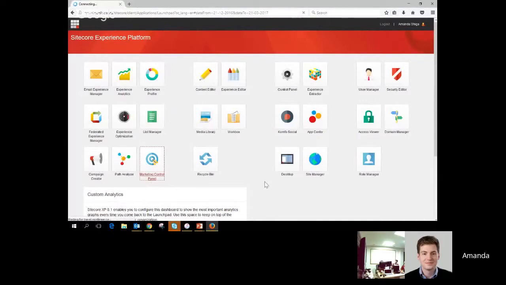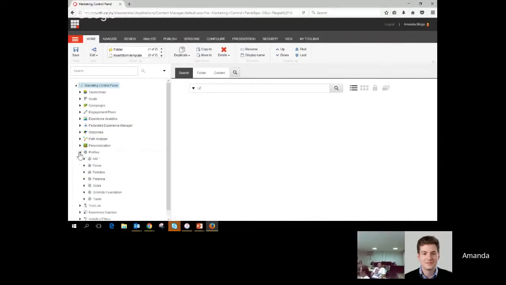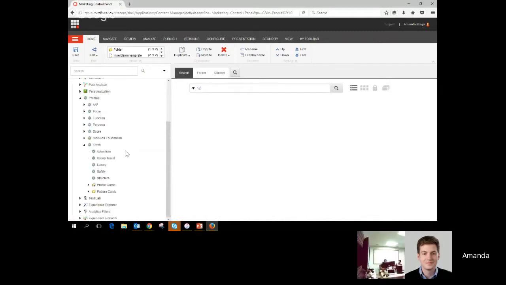So if you want to set up the profiles or the engagement value, go into Marketing Control Panel here. This is a little bit slow. And the profiles are set up right here. So this is my travel demo. In this case, I actually have 5 different profile keys that correspond to how you might appear as a profile. And then in my profile cards, I actually have 3 real personas. So Tanis, for example,